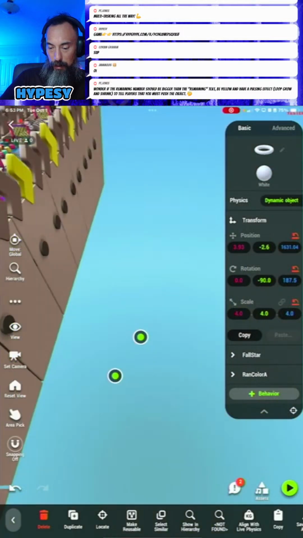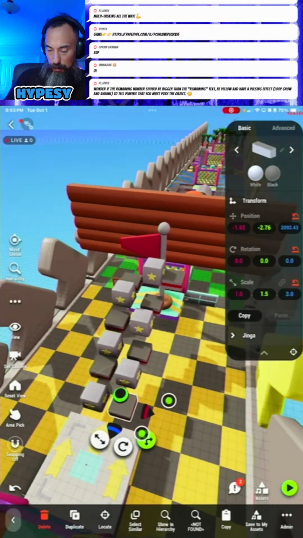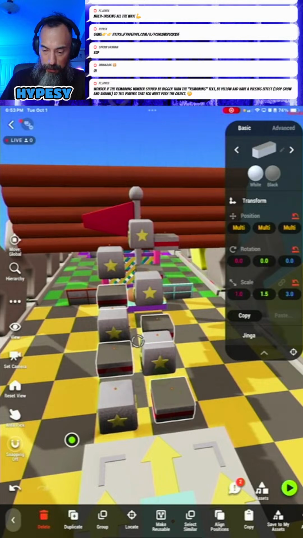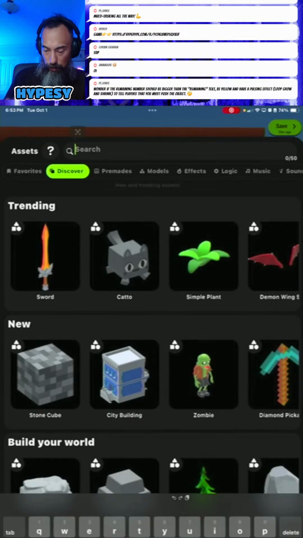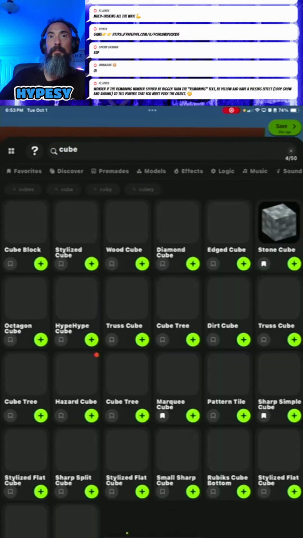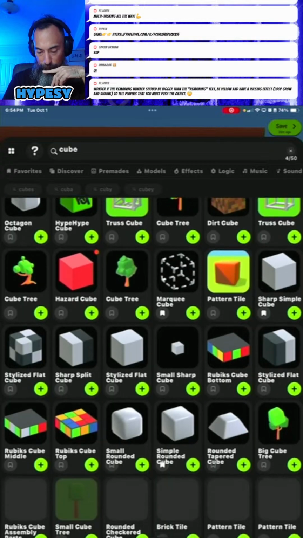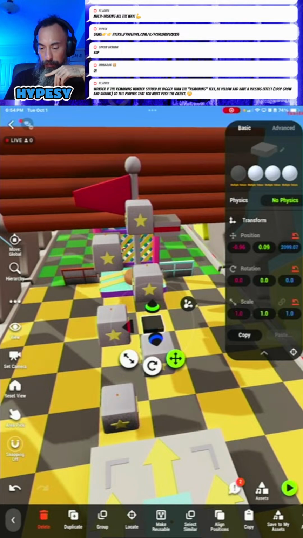One's good. This one I need to change. The Jenga piece. So these just disappear. But let's go look for a cube. I'll just grab one of these.